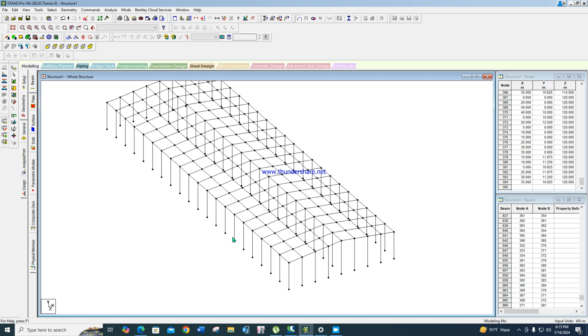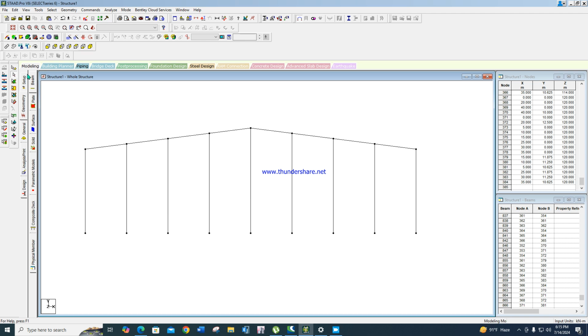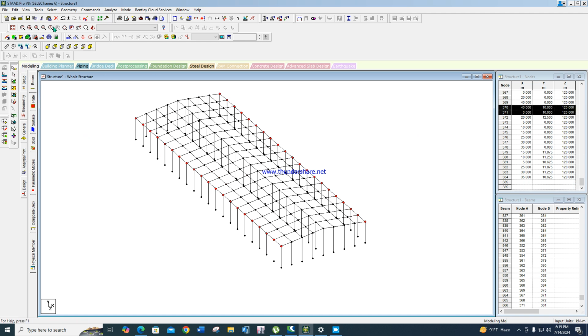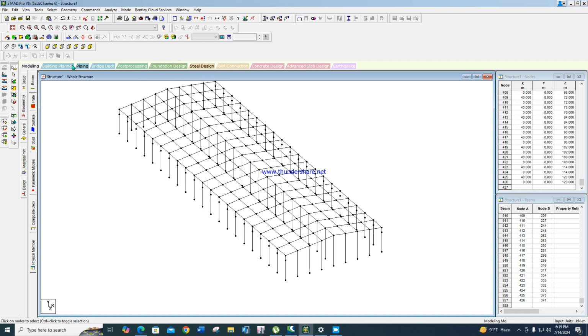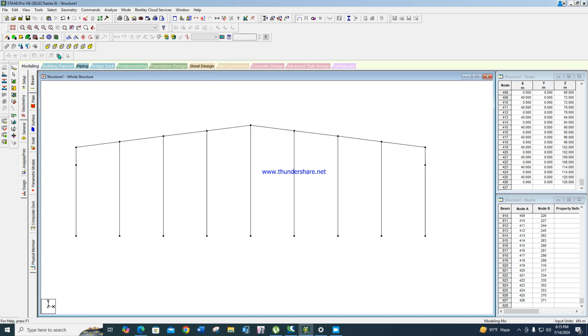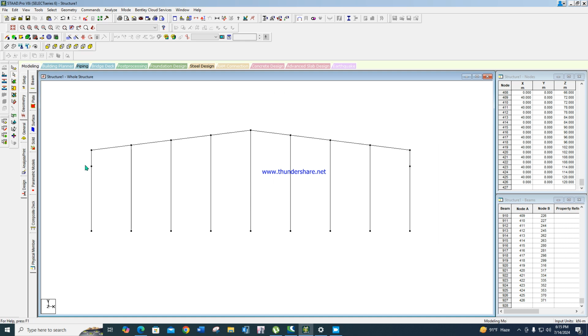So we may take crane height 8 meter. We will use the crane at 8 meter height. For this, we may take a node and move it down 2 meter. Is it for the crane beam? Crane bracket. If you want a crane, then